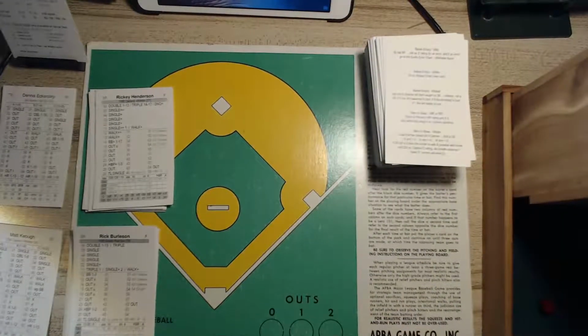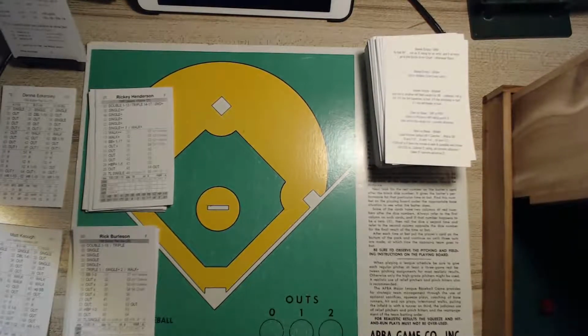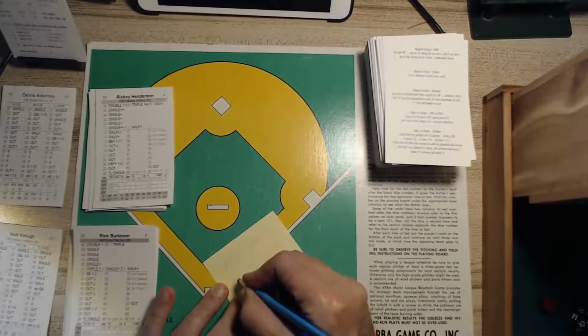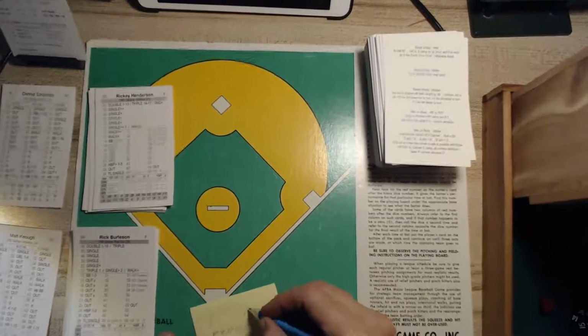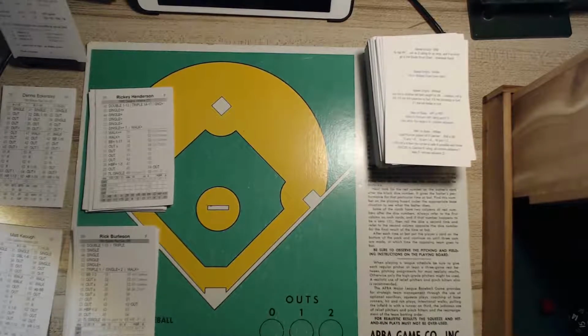roll. We're going to roll Keogh first, and Keogh is going to be a B. Then we're going to roll for Eckersley, and Eckersley is going to be an A. So Eck is A, and Keogh is B. There you go. So we are ready to roll here, and